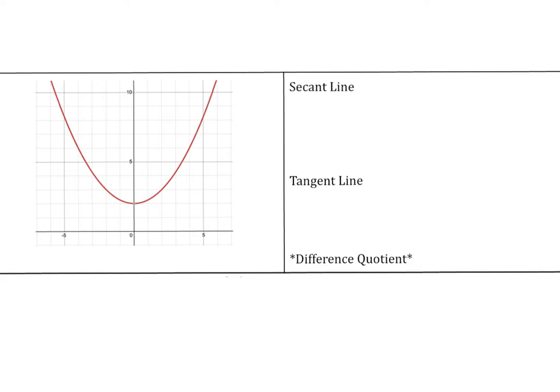Okay, so here looking at this parabola, we're going to look at a secant line, which is the line when we're connecting 2 points on a curve, connecting them, and essentially finding the average rate of change. So let's say this is on the interval from A to B. So finding the average rate of change of that parabola from A to B. So that is what we basically were just doing. So on the interval from A to B, f of B minus f of A